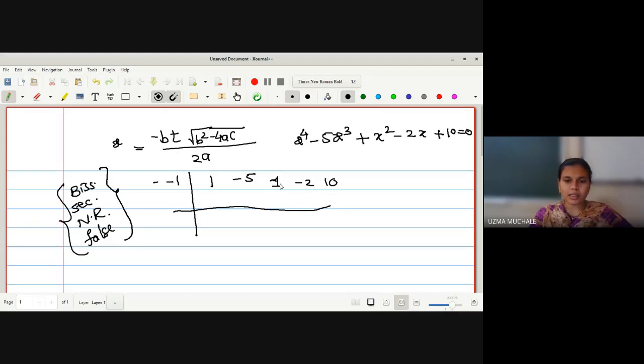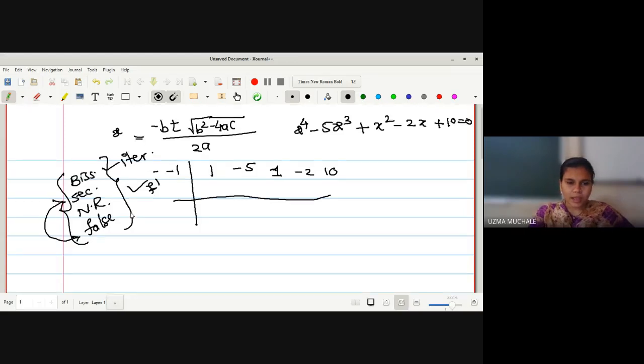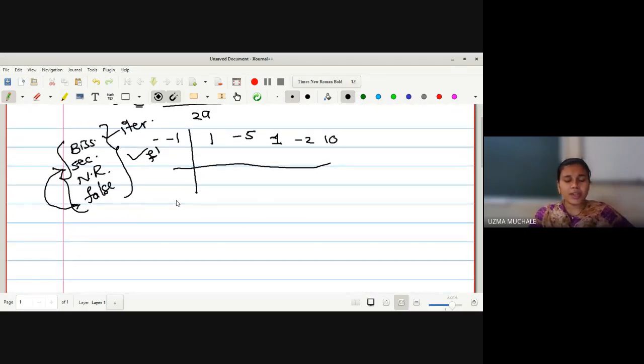We already have these methods, the synthetic method and so on, to find the roots. But in this numerical analysis paper, again we are going to see how to find the root of an equation by using bisection, secant method, Newton-Raphson, and method of false position. The secant method and the method of false position are quite similar. The bisection method is nothing but your iteration method. In the Newton-Raphson method, we use a derivative of your given function or polynomial. So actually, why is there a need to study these methods once again to find the roots?